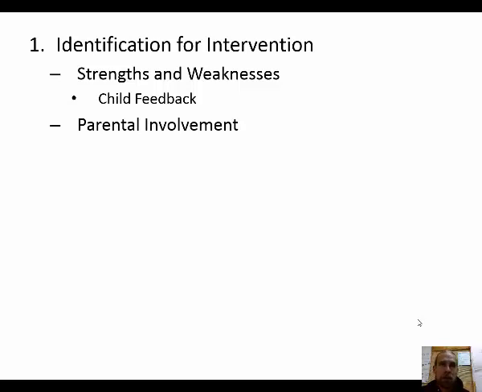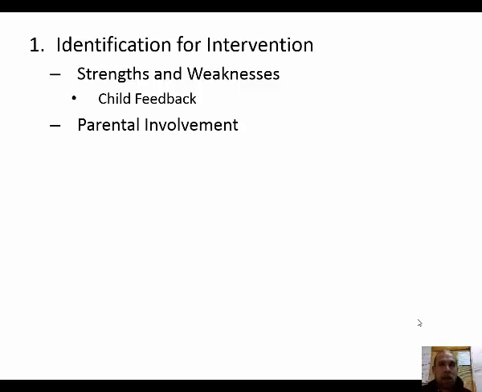And this all starts very, very early. We understand how important early literacy is. We understand how important early numeracy is, social skills training, and so forth. This is what assessment is all about. It's about finding out the areas of strengths and weakness of the child so that you can plan your instruction and also communicate with the parents.